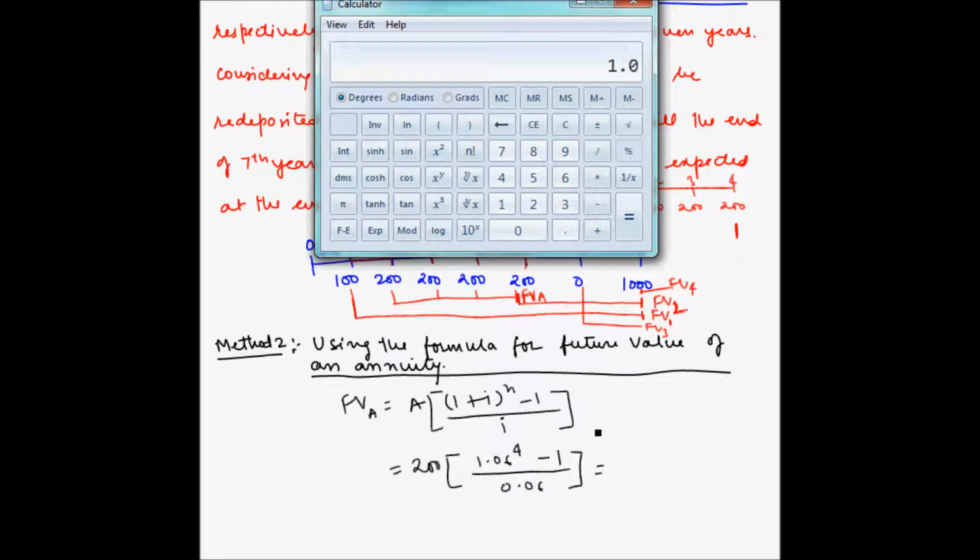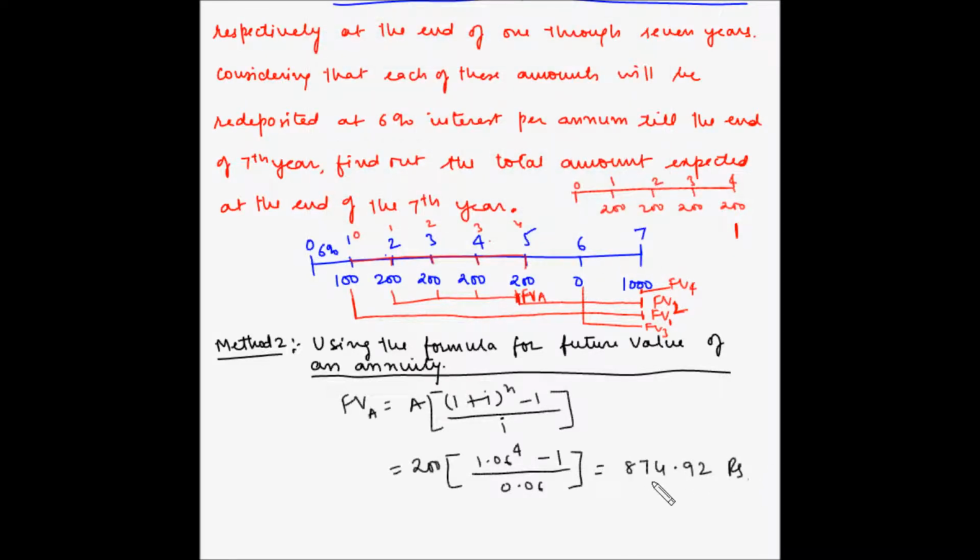So 1.06 to the power 4 minus 1 divided by 0.06 into 200. So this is 874.92 rupees. So we have found the value of FVA, and this is the value at the 5th year or end